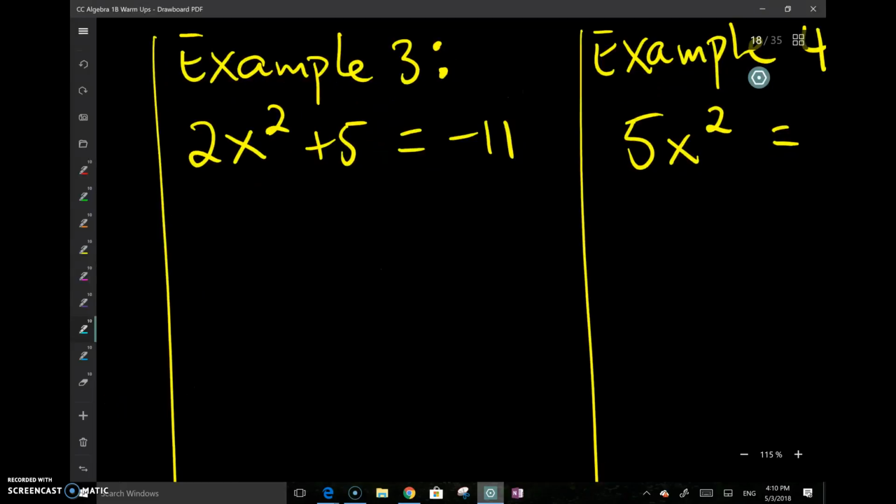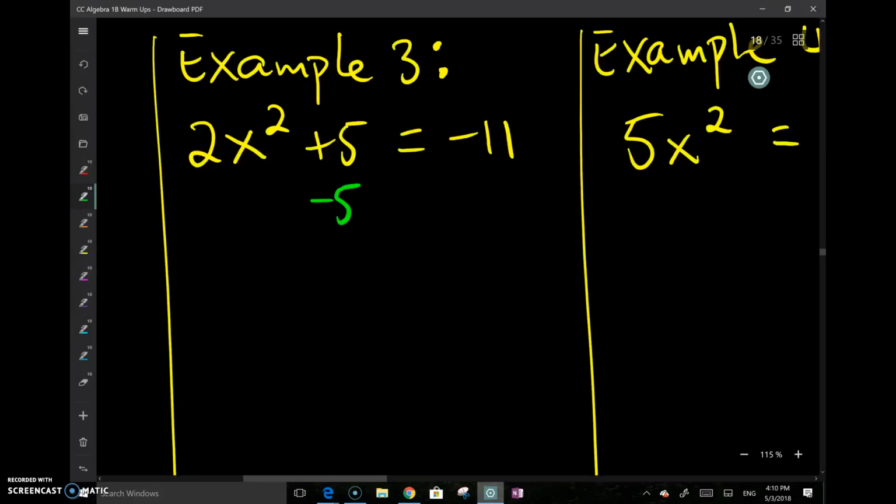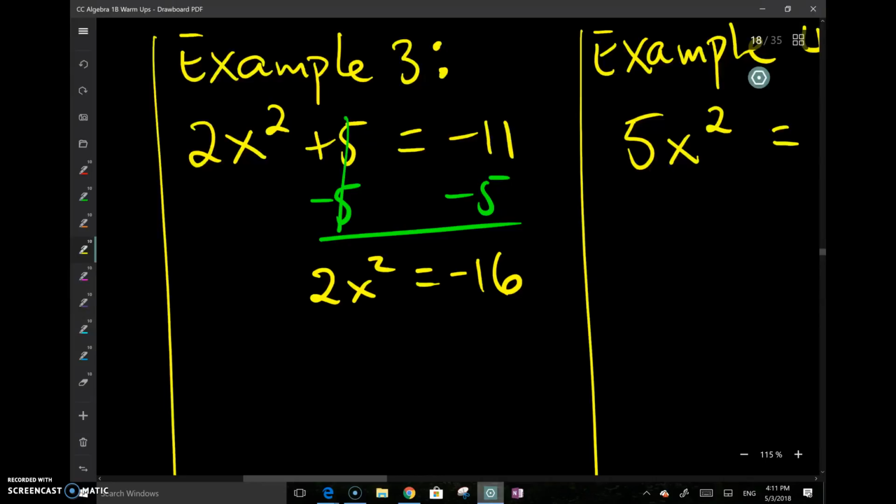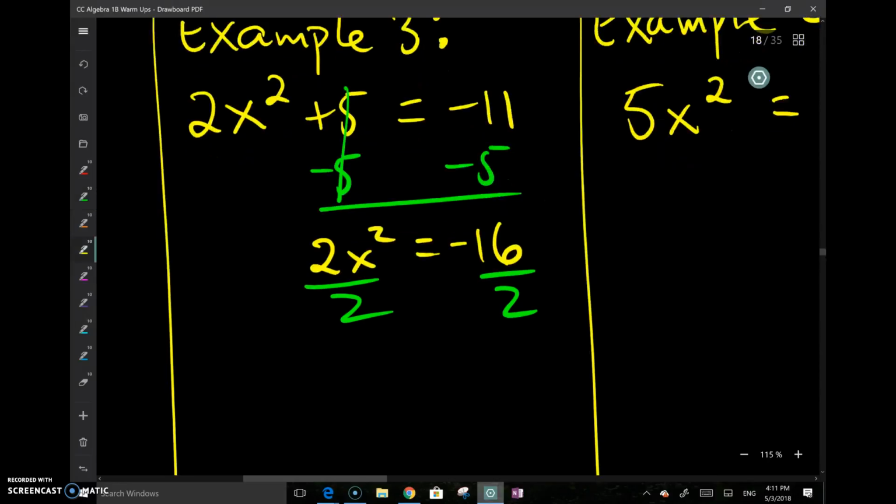All right, in example 3, it's getting a little bit more involved, but you start the same way you do all the equations. So you first see what you have to move over, and I have to move over this. So this negative 5 moves to the other side. They cancel out, and I get 2x squared is equal to negative 16. Now I'm pretty confident at this point, oh yeah, I know what to do. Divide by 2, and I'm in business, right? I get x squared is equal to negative 8, and then I take the square root of both sides,